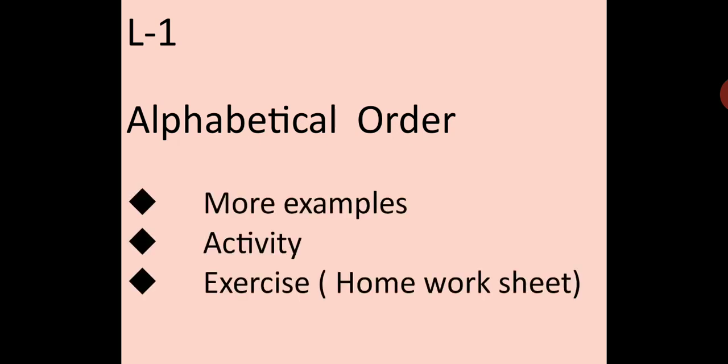In our first two lectures, we learnt the four different rules of alphabetical order. What will we learn in this lecture? Let's see. First of all, we are going to learn more examples with different possibilities. And then it will be your fun time, activity time. I will explain to you how to do the activity and which material you need for this activity. Then I will give an exercise for your homework.